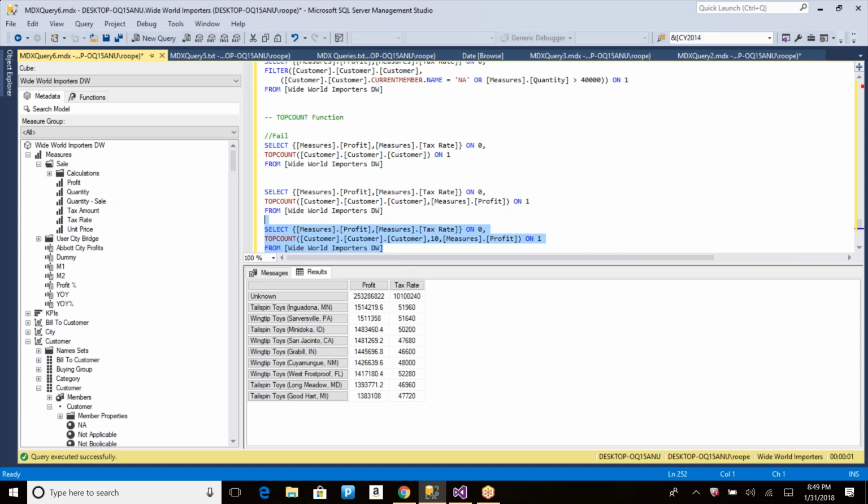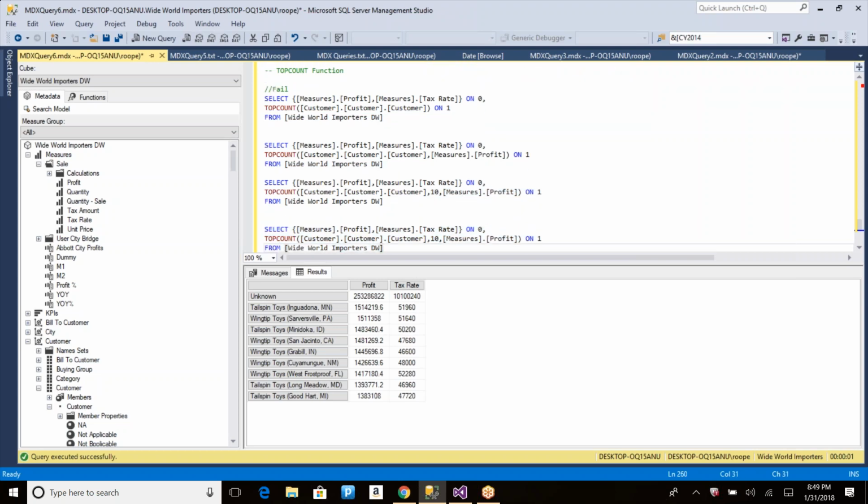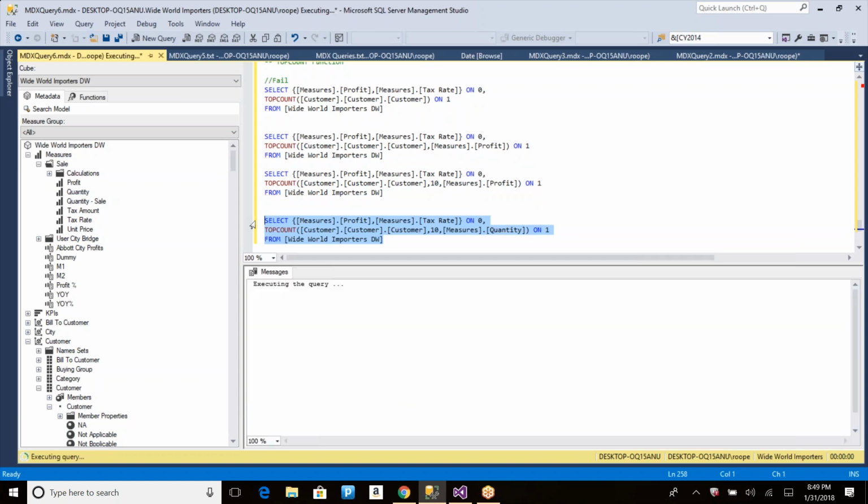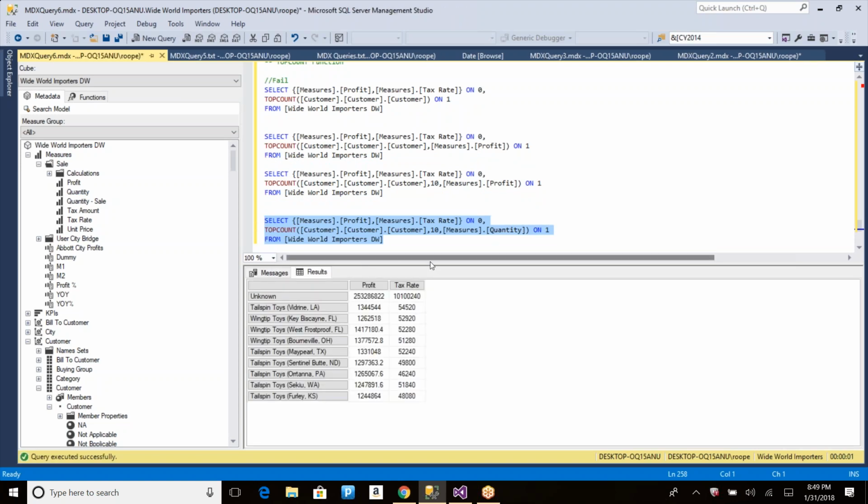And this is how you can get the top 10 customers. So if I specify a different measure which is not available, it still works. Let's say, for example, I specified give me the top 10 by quantity, but show the profit and the tax rate of those 10 customers. So the top 10 customers will be filtered by quantity, but the values will be